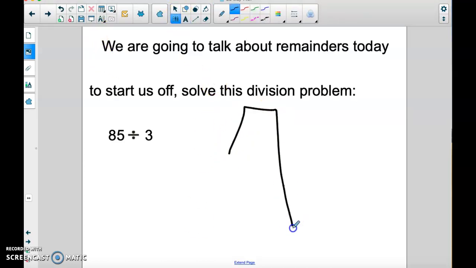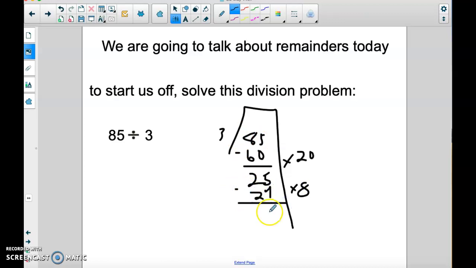So if we're to do this real quick, I'm going to multiply by 20 right off the bat because I know 3 times 20 is 60, and that's going to let me take away a lot, right? So now I'm left with 25. I'm going to multiply by 8 because I know that 8 times 3 is 24. And now I've created an efficient way to solve this problem, and I've got a remainder of 1. So this would be 28